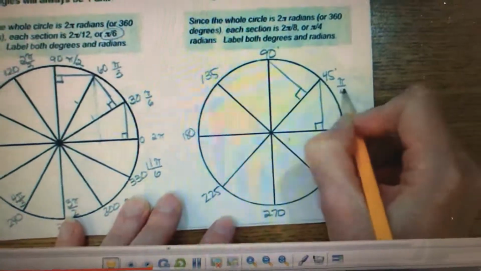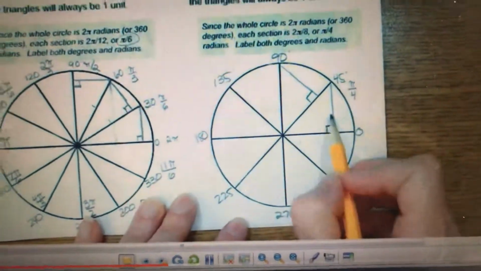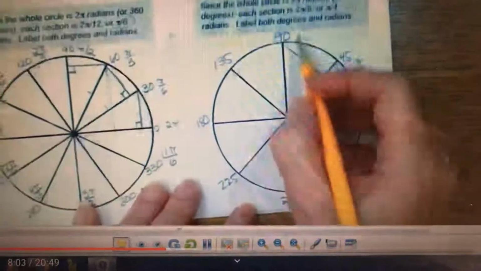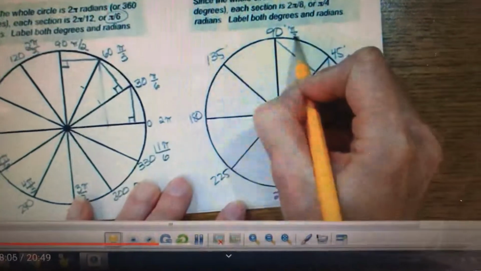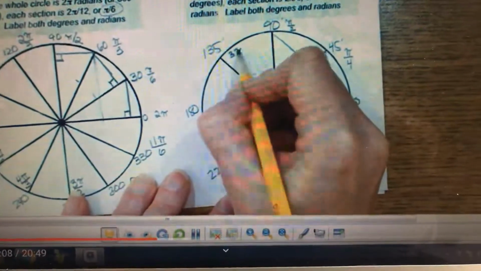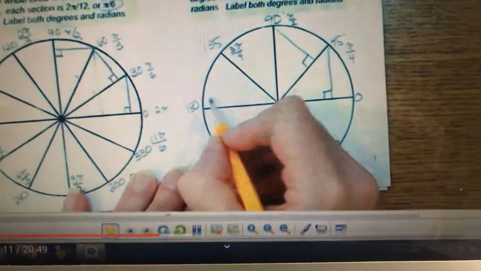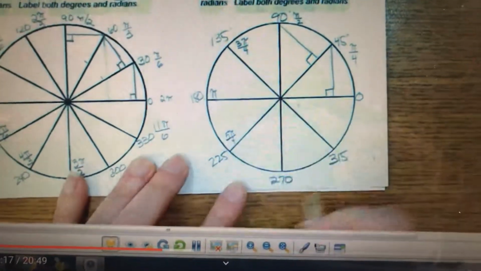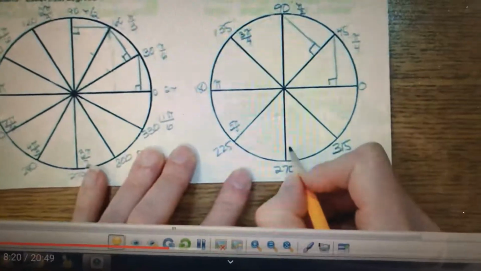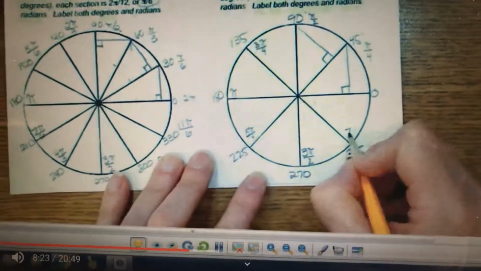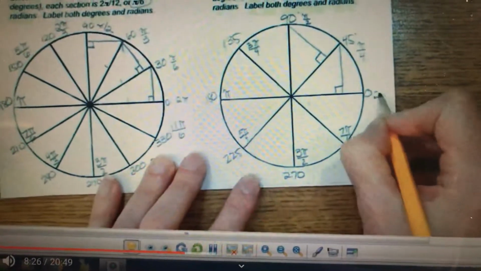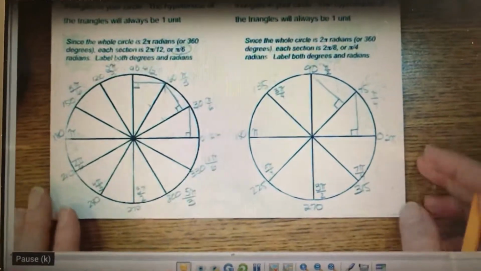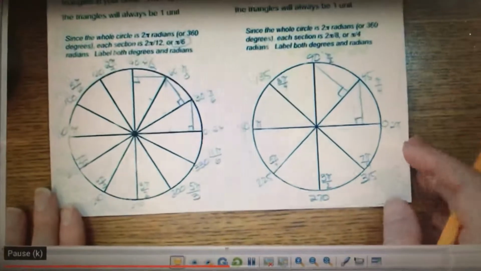So this one becomes pi over 4, pi over 2, which we discovered up top, 3 pi over 4, pi, 5 pi over 4, 6 pi over 4, which is 3/2 pi, and 7 pi over 4, and finally we're back to 2 pi, or 0. Okay, so all we did right there was we labeled